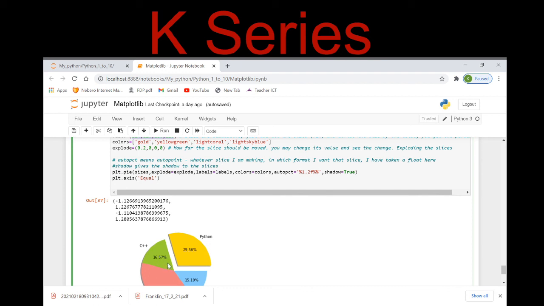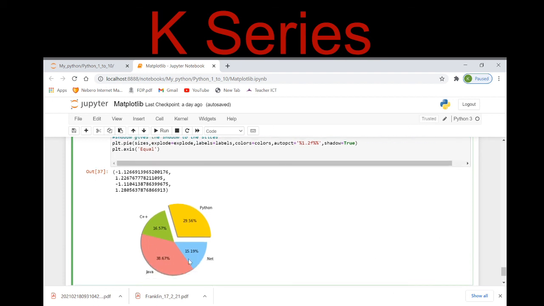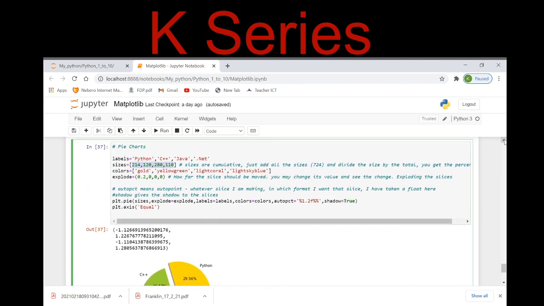C consists of 16.57%. And similarly, Java and .NET consist of 38.67 percentile and 15.19 percentile. So here I have taken the colors for every chunk, or you can say the slice. I have taken the colors according to my choice.